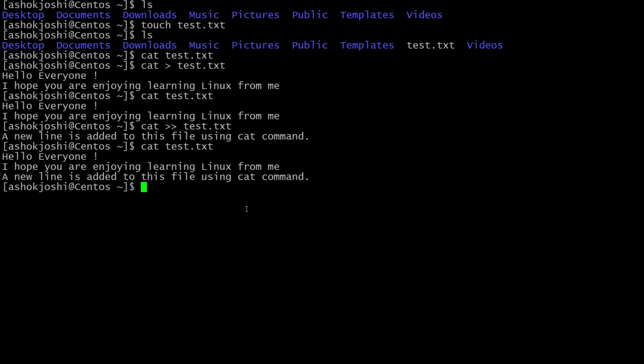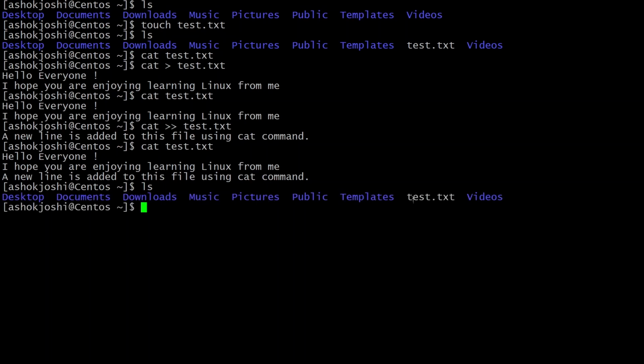Let's see. If I write ls, I have only the test.txt file. So what I will do here is create another file, sample.txt. Now I want to copy the content of this test.txt file into the sample.txt file. How can I do it? It's pretty simple, guys. Just write cat test.txt, and then